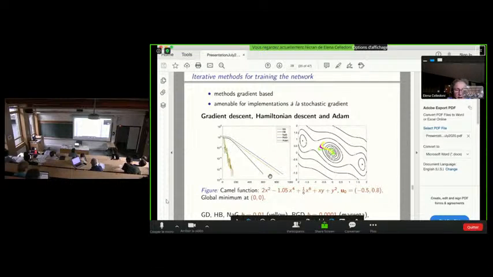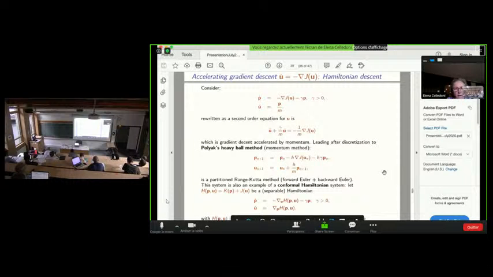So the other methods are all based on second order equations, while the GD is based, of course, on first order equations. And there are a number of them which I will discuss later.